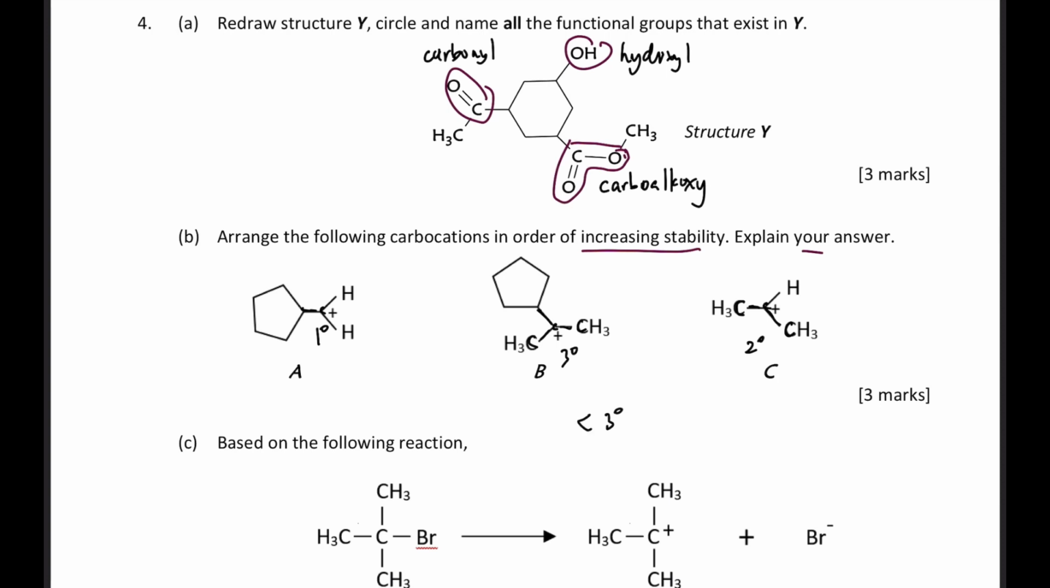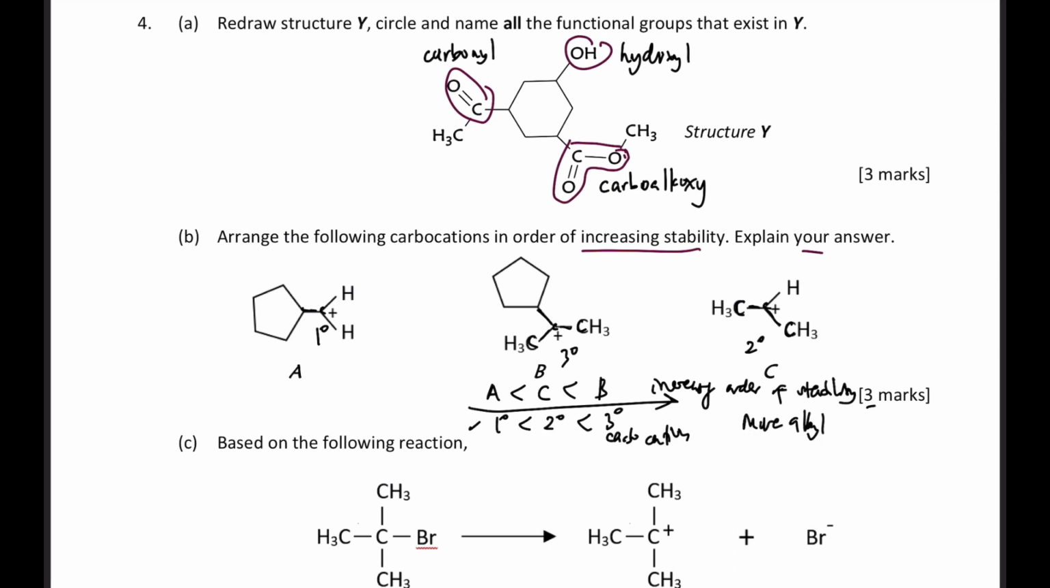Jadi ini adalah secondary. So macam biasa, penjelasannya adalah tertiary is more stable than secondary, more stable than primary. Okay. And dia punya susunan kalau macam tu adalah B followed by C last balik A. So that is the increasing order of stability. So penjelasannya adalah tertiary carbocation ion is more stable than secondary than primary. Since dia ada 3 markah, so I think kita kena tambah satu explanation, iaitu